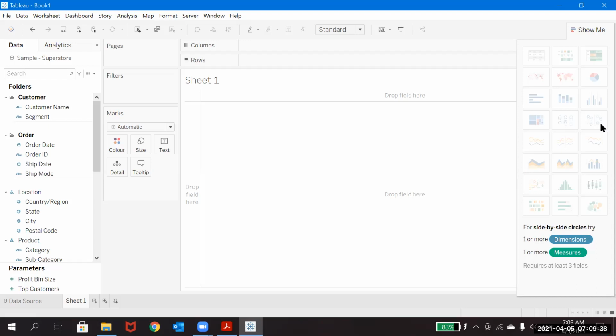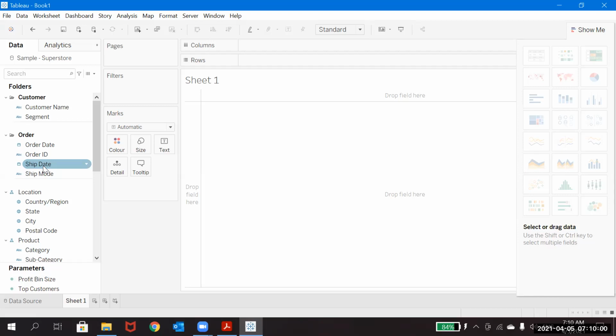One thing you should remember here is about dimensions and measures. I have already told you that dimensions are the things where you will see string values or date fields, which are discrete values.